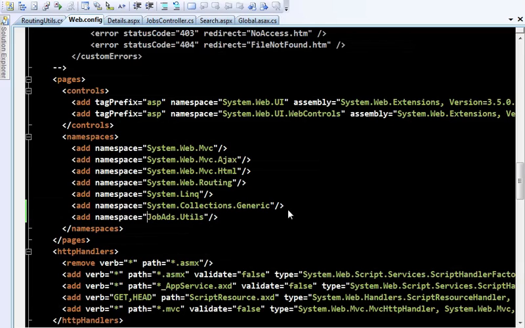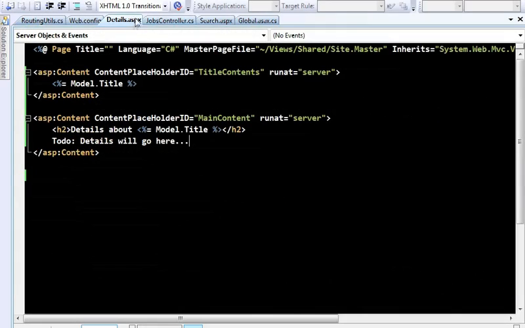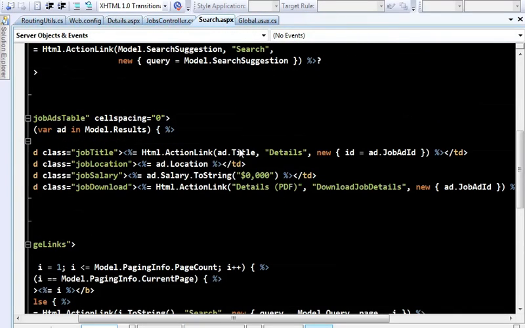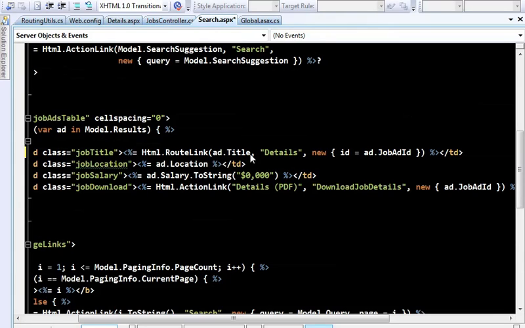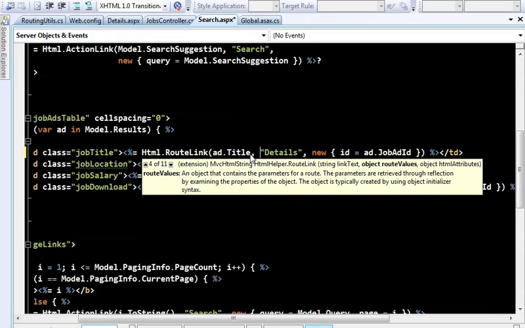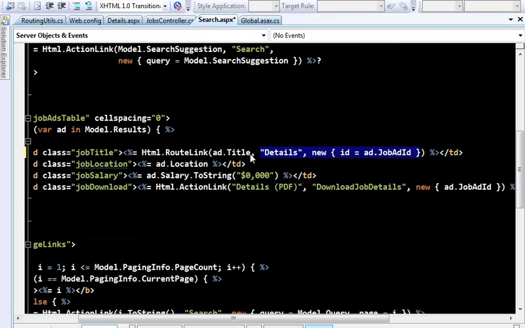Now I can access that extension method in my view. I'll go to the search results page, and where we generate the URL, instead of using ActionLink, I'll use another helper, RouteLink, that we used a moment ago, and this allows me to specify an arbitrary collection of routing parameters, and we'll generate a URL based on that. So, as well as the link title, I'll specify the route values, which are given by the extension method I just created.